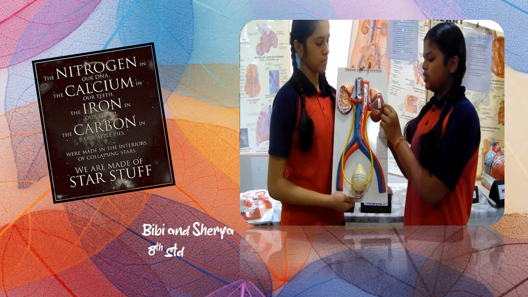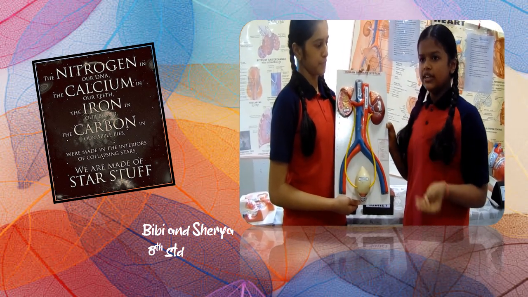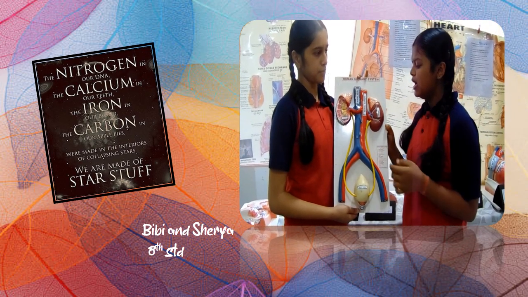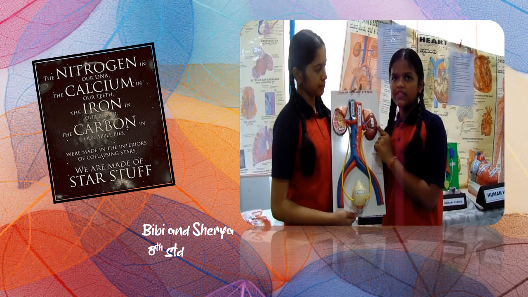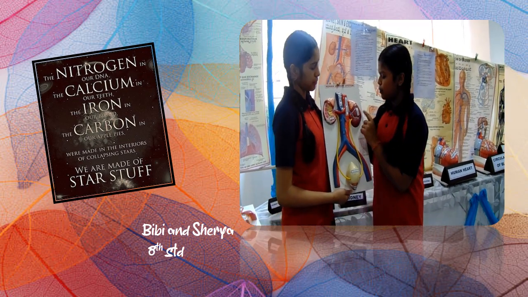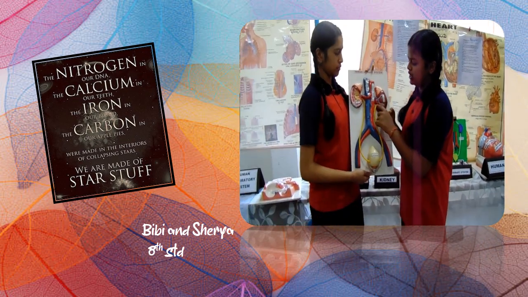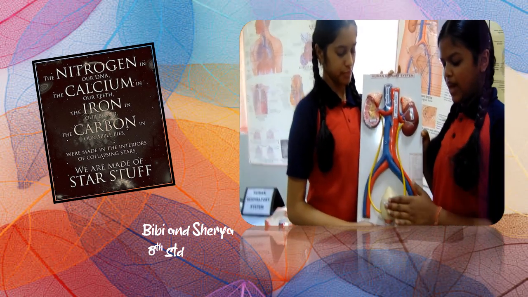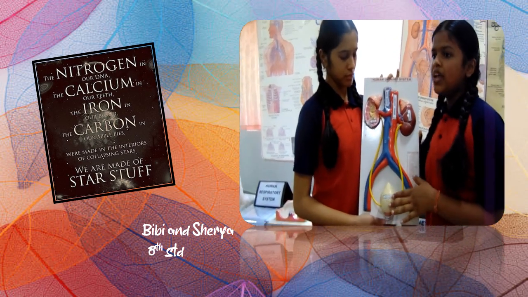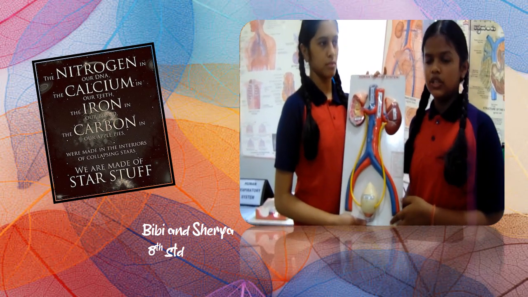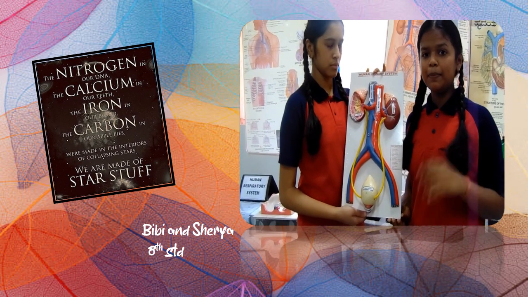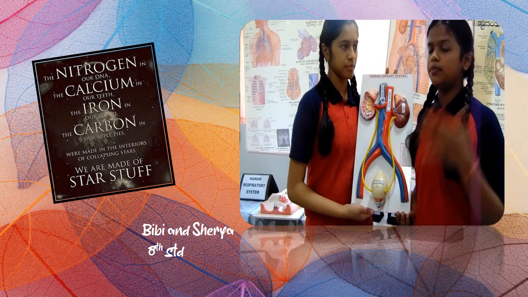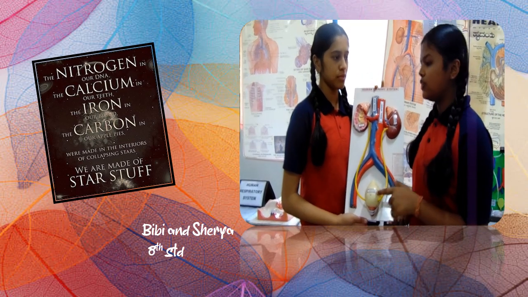Now what happens to the waste present here? The solid waste comes out in the form of feces from our digestive system. And the liquid waste goes inside this tube-like structure known as the ureters, and the ureters carry it to the bag-like structure, the urinary bladder. The urinary bladder is controlled by the nervous system, and the main part of the nervous system is the brain. So when the urinary bladder gets filled, the brain messages that now you are filled,